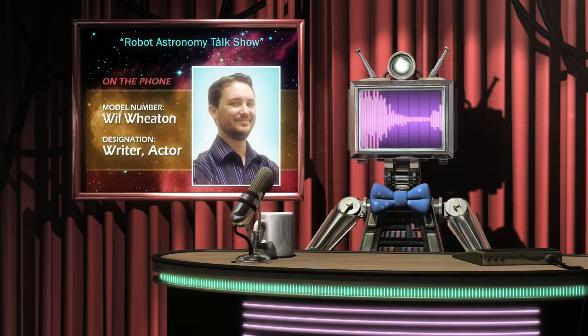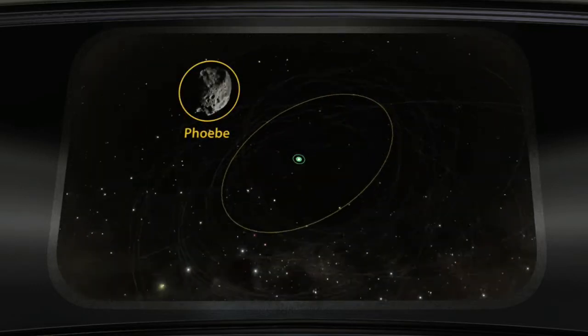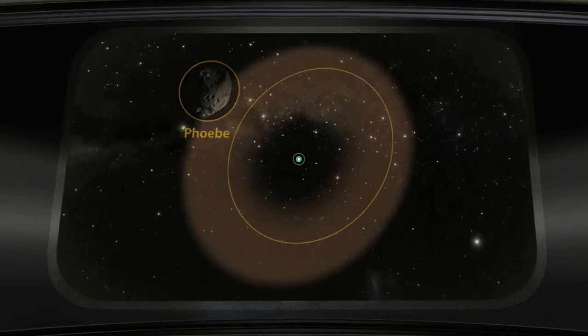Another one of Saturn's moons, Phoebe, actually orbits within the ring. Is that the moon with the big dark spot? No, that's Iapetus, a moon that just intersects the ring. Phoebe, on the other hand, orbits in the opposite direction of Saturn and most of its other moons. Its orbit is also dramatically offset from Saturn's main ring plane, just like this newly discovered ring. In fact, they both line up very closely with each other. Because of this, astronomers think that the ring was formed by asteroid impacts on Phoebe's surface, blasting off dust into